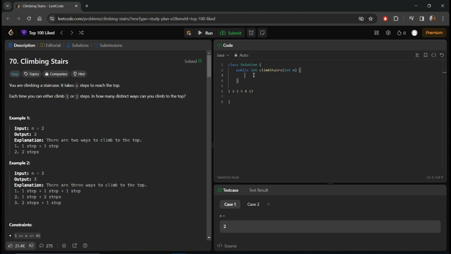So to solve this, you're going to want to have 2 variables. First variable, and that'll just be for the 1, and then the second will be the second number. And the base case will be if n is less than or equal to 2, we're going to return n. And then we're just going to do a for loop. But here we're going to want to do n minus 1 because we've already checked one of these. So, and we have 2 pointers. So we're going to do n minus 1, and then